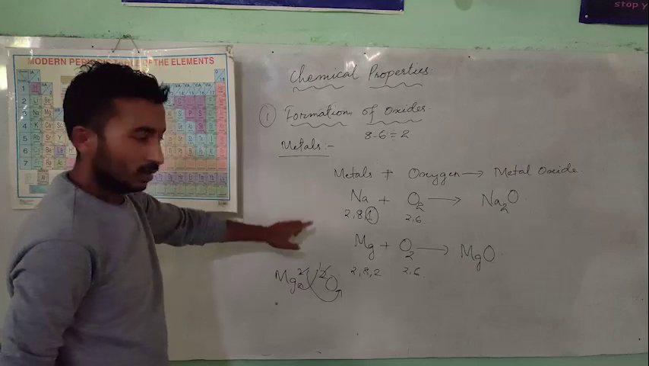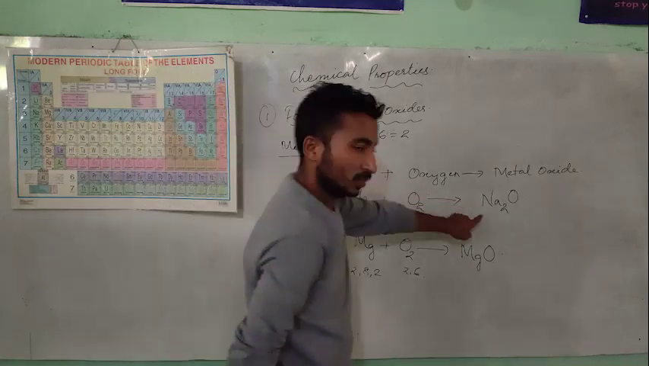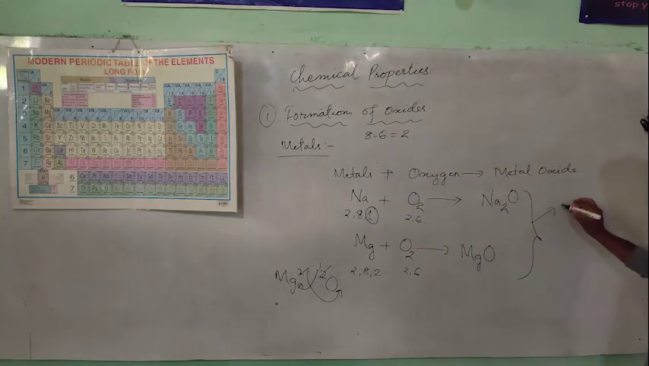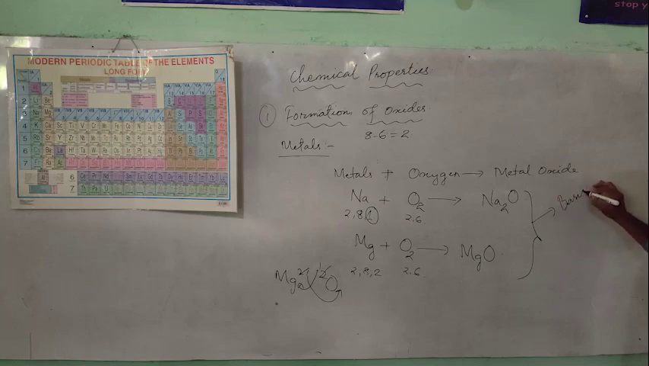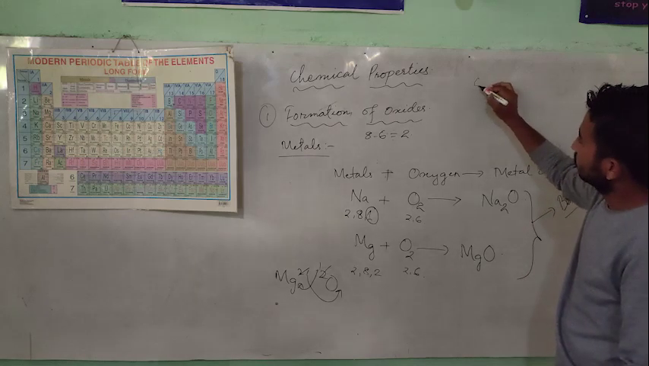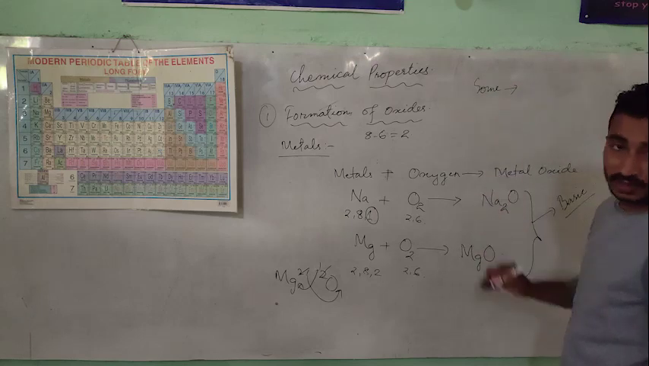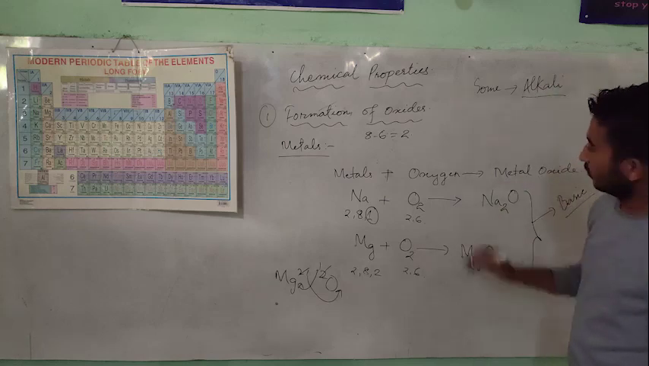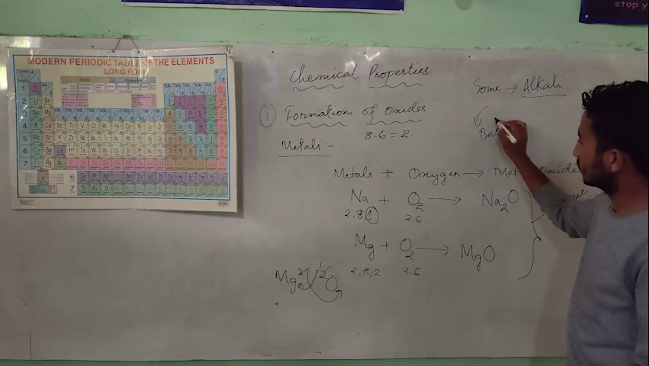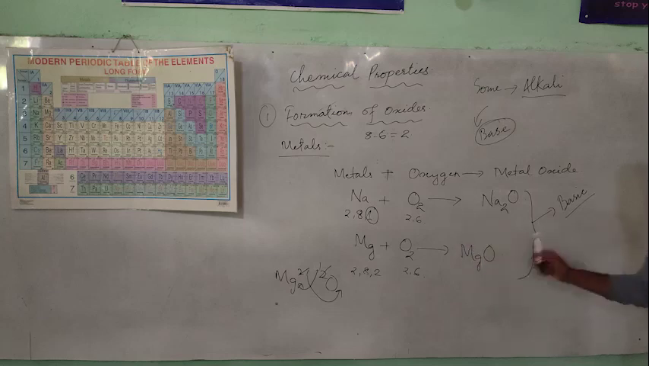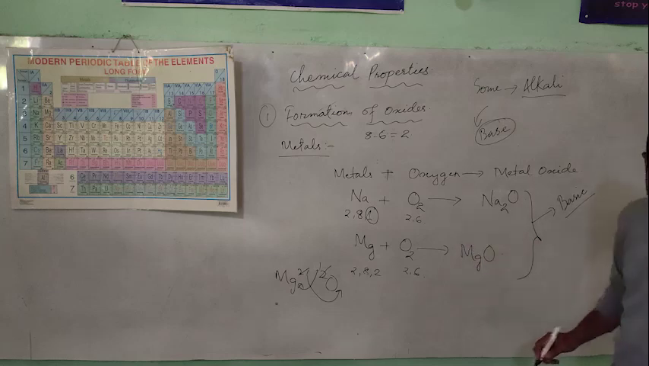So in this way, metals react with oxygen to form metal oxides, and these metal oxides are basic in nature. Metal oxides are basic in nature. There are some metal oxides which can dissolve in water, and those are called alkalis. When you dissolve such a metal oxide in water, you will get a base. So we say that metal oxides are basic in nature. Next,